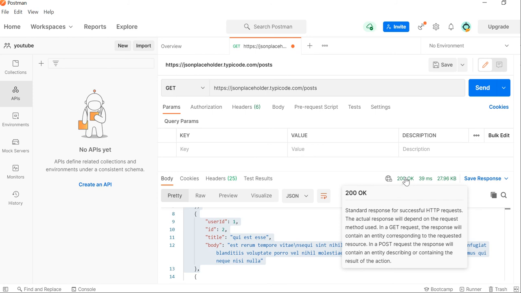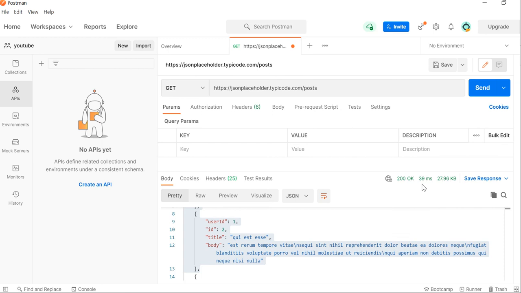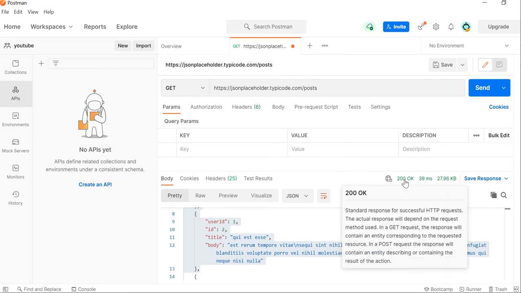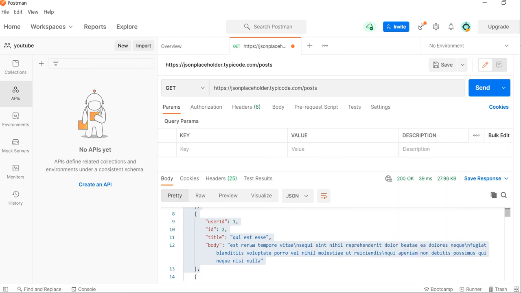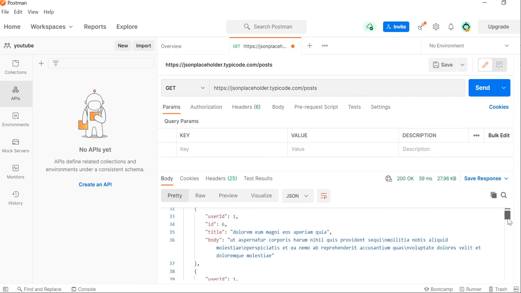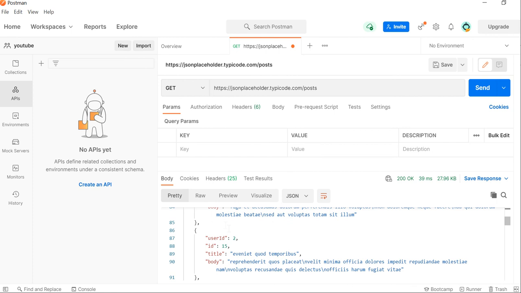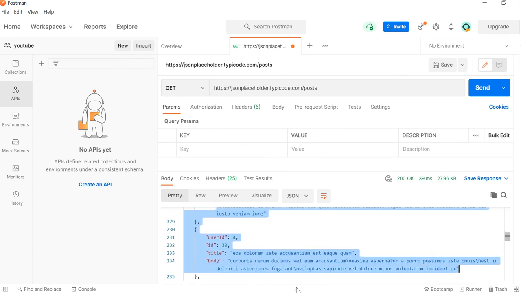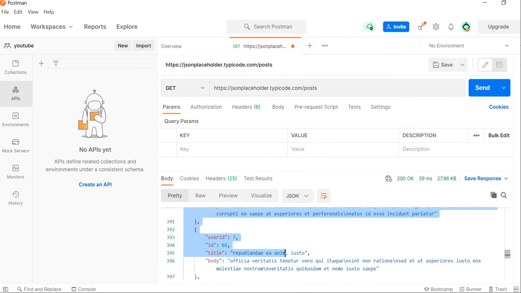Maybe the server is not available, or the server is not allowing you, or maybe there is some authentication problem and it's not allowing you to post the data. We'll get to see these response codes later in more detail, but for the time being I'm just showing you how you can see the output and everything in Postman. If you see below, this is your response data. So this is how you can handle the GET request API in Postman.